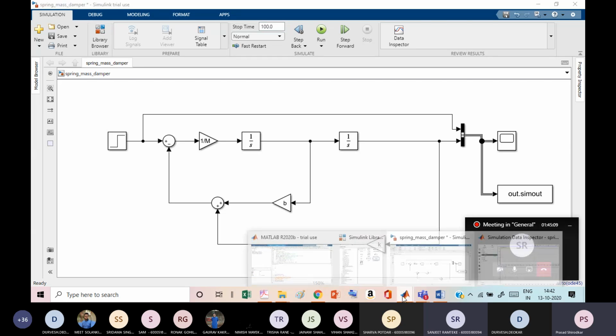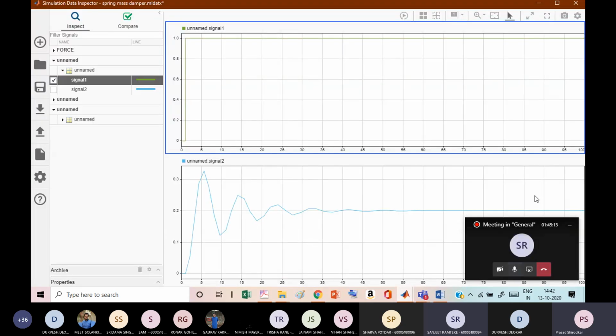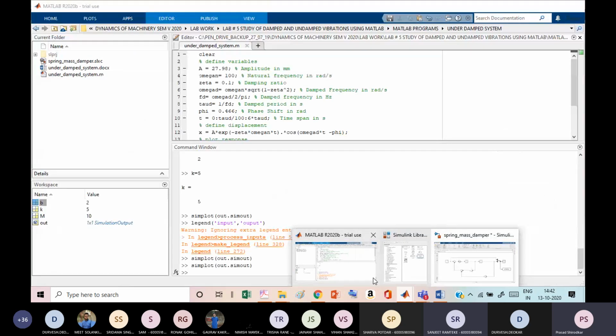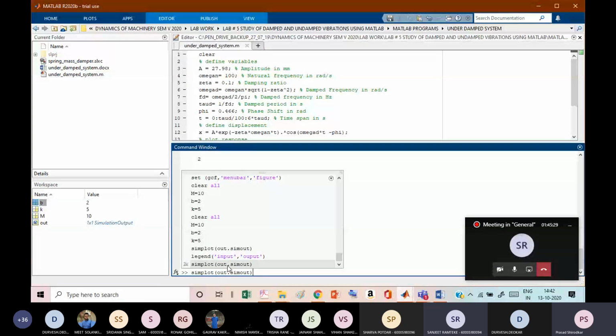After you change it to 100, just run the simulation. Close the window, otherwise after you change it to 100, run the simulation. Then go to the MATLAB prompt and type this command simplot